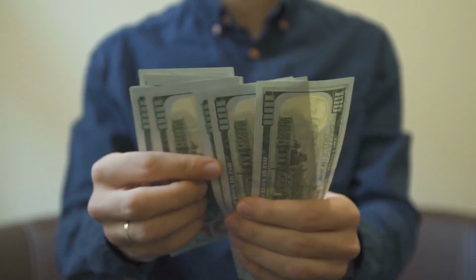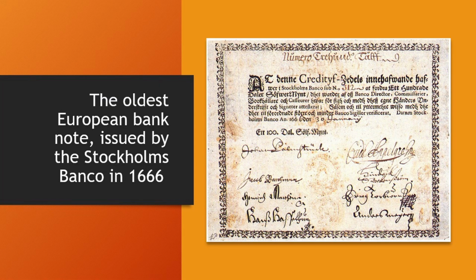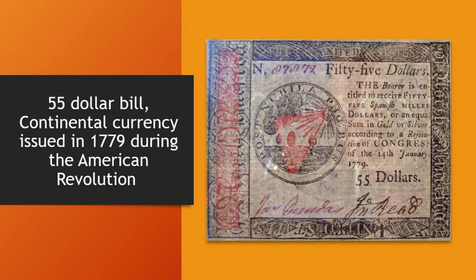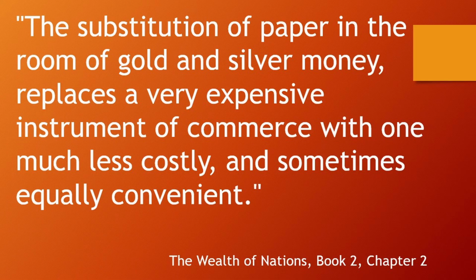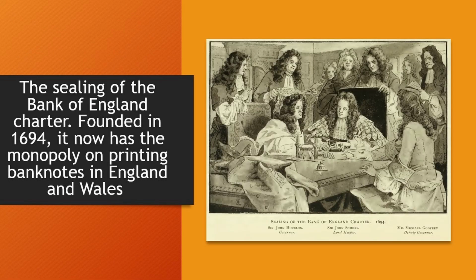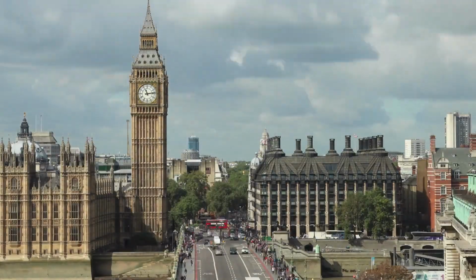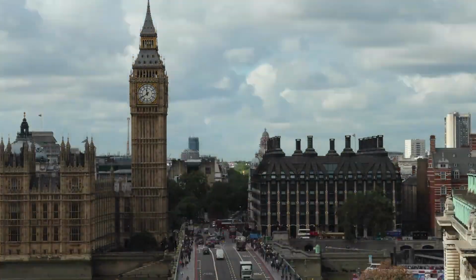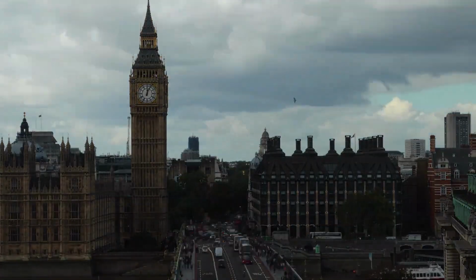At the time he was writing, in the late 18th century, banks had been issuing banknotes for at least 100 years, but paper money issued by governments themselves was still fairly new in the Western world. Having banks issue paper money freed up gold to be used for more useful things, like foreign trade, but there was a danger banks would print too much paper money and damage the economy. The answer for Smith was for governments to carefully regulate the actions of banks, and for governments themselves to keep gold in reserve.